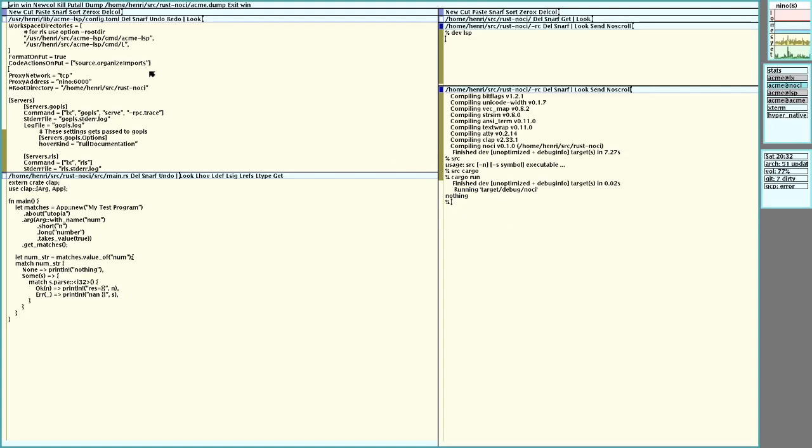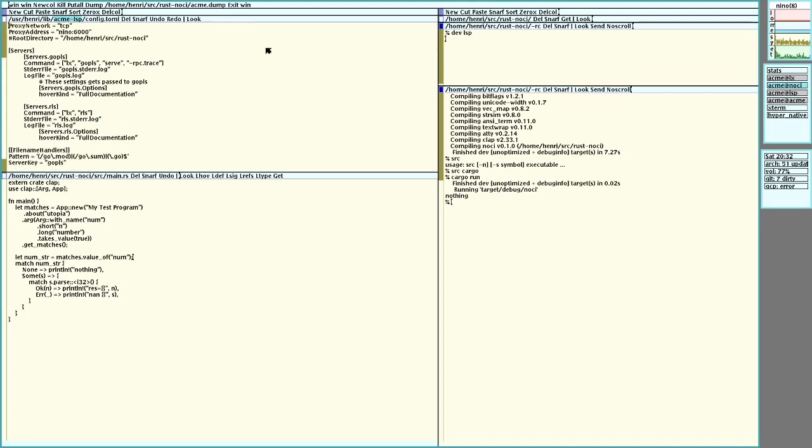Something I've been doing just today, there is a program called Acme LSP that implements language server protocol support for Acme. This program is written in Go, and for now I'm running it from Plan 9 itself. But to function, this program needs language specific programs.